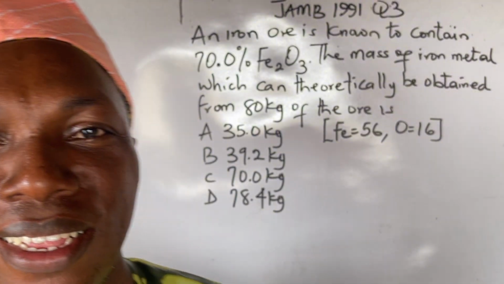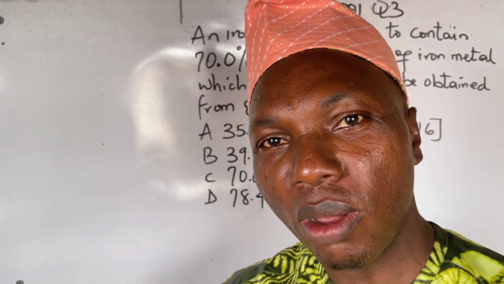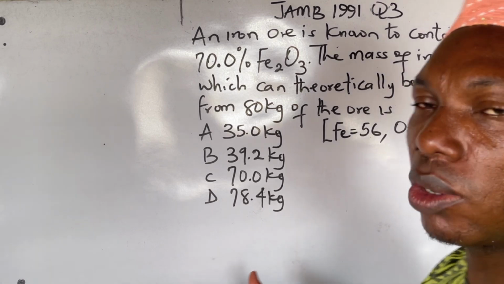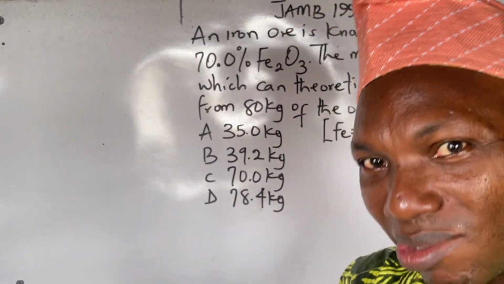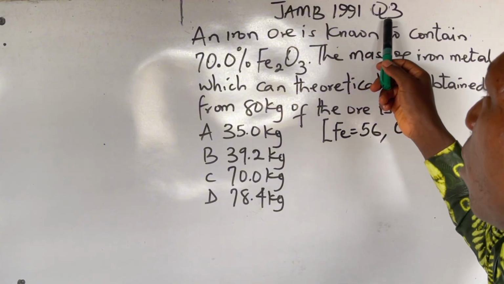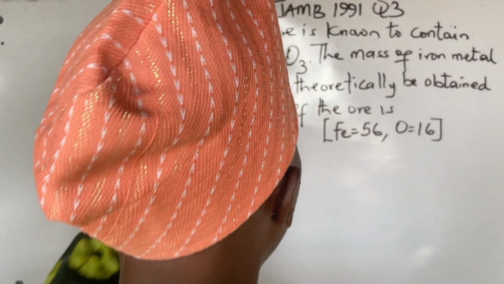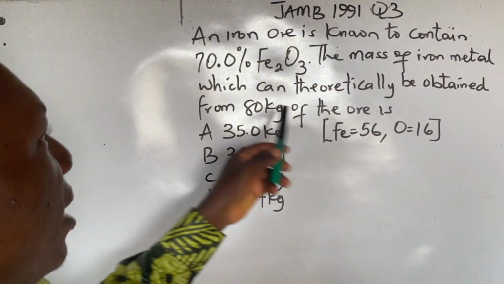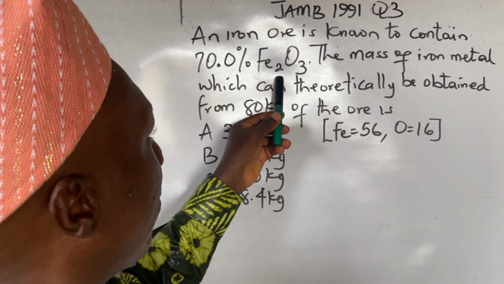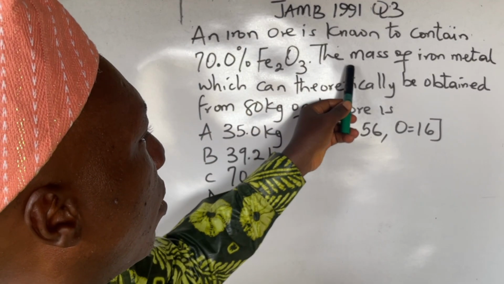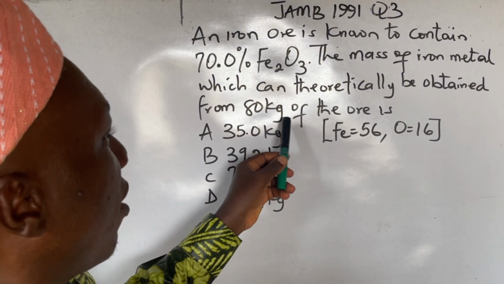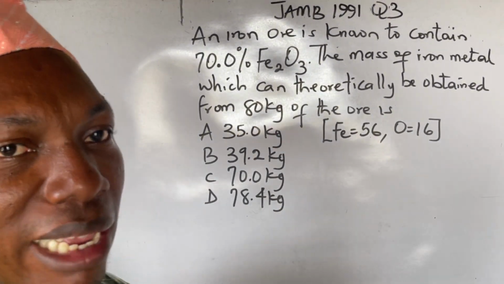Good day, friends. Today's class, we still want to solve more problems on stoichiometry, and this question, you need to pay attention till the end. We have JAMB 1991 question 3. An iron ore is known to contain 70.0% iron 3 oxide. The mass of iron metal, which can theoretically be obtained from 80 kg of the ore, is,